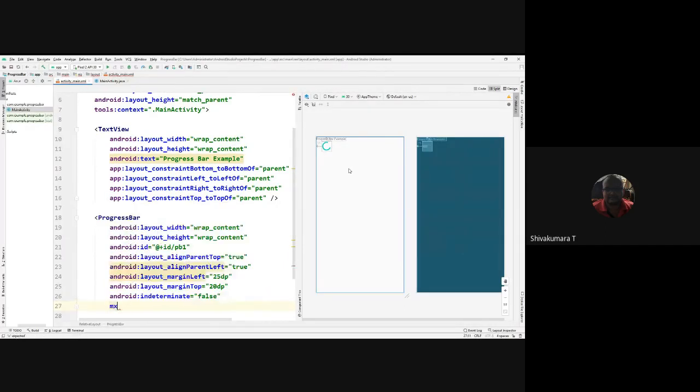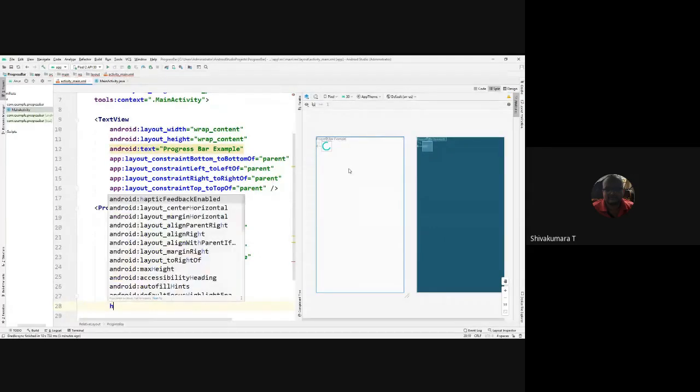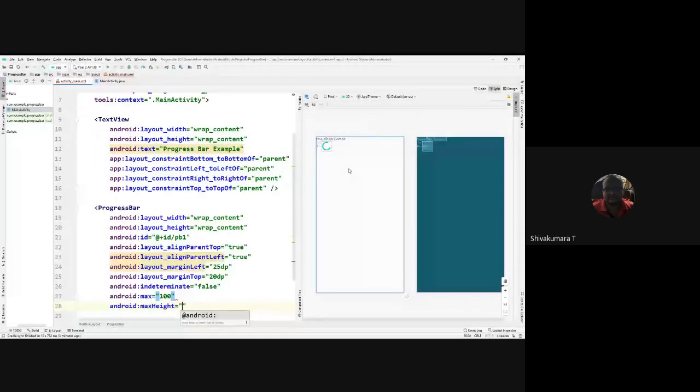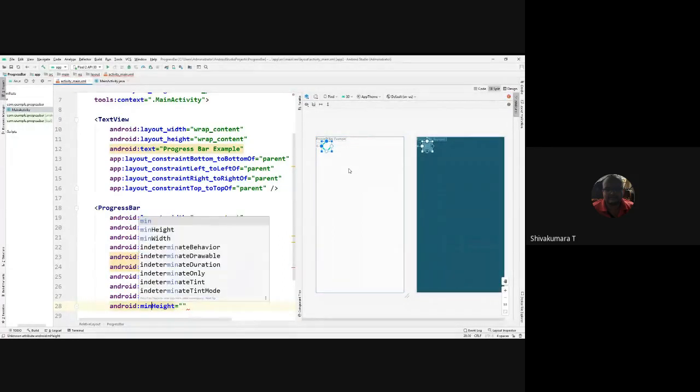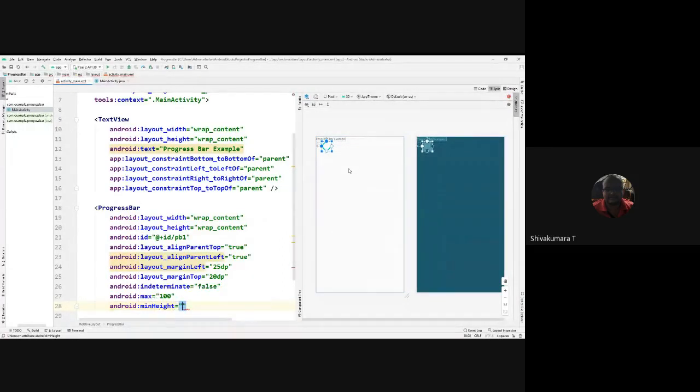Then the maximum value you are going to set, maximum value is 100. Then the minimum height, you can set the minimum height 50 dp.